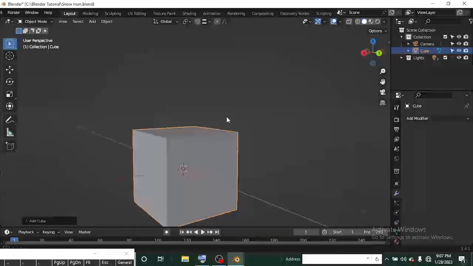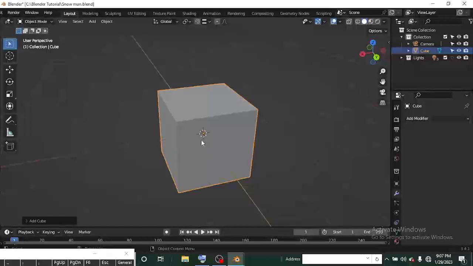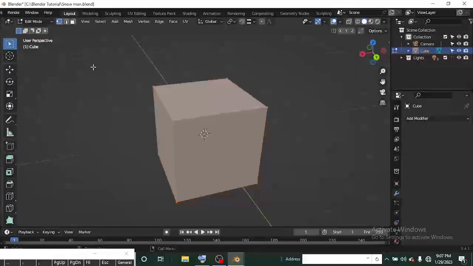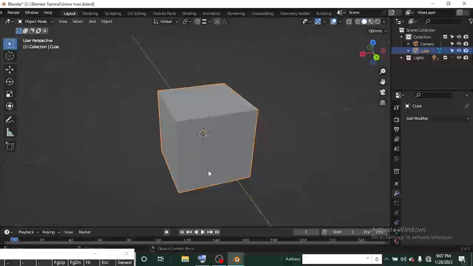So this is the cube in object mode. I can't edit this because it's in object mode. I told you object mode sums it up. For you to edit this, you have to shift to edit mode. The shortcut for shifting this, if you don't want to just be going up here and clicking it, you use Control